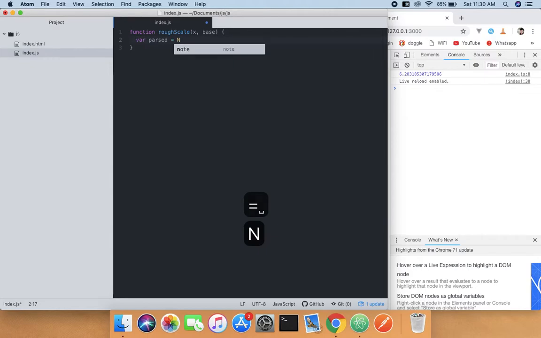and parsed equals Number.parseInt method, the thing I'm talking about. So parseInt, and what we're gonna pass is x, comma, base,